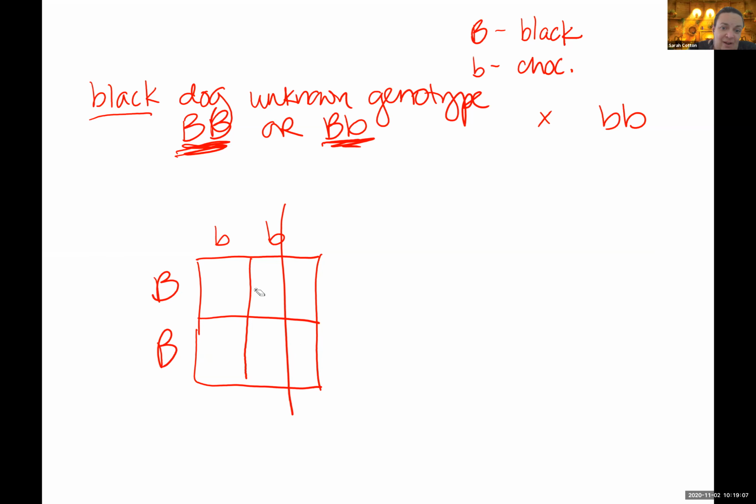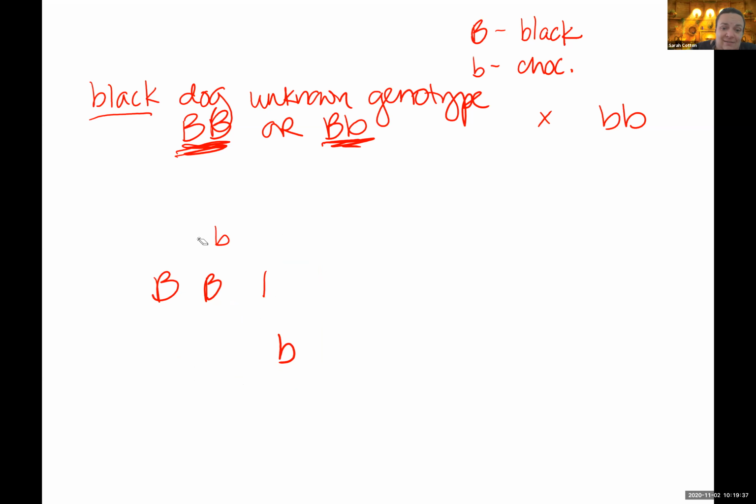Okay. And I'll show you why. I'm going to prove it to you. So big B from mama, little b from daddy. Oh, look, this is just 4 squares that are all saying the exact same thing. So it's not necessary. Now, if it is easier for you to just do a 4 square Punnett square all the time, that's absolutely fine. But the point I'm trying to make is that,